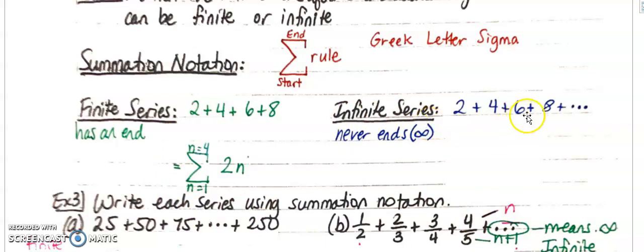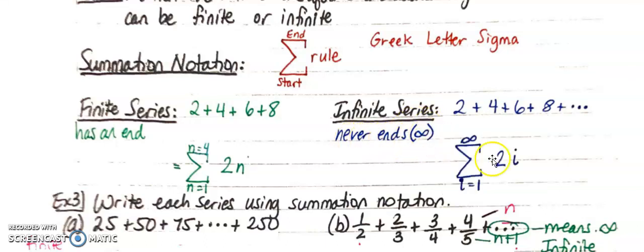Now, if your series is infinite, aka you have this plus and then you have that dot, dot, dot, that's literally the main difference here: the plus and the dot, dot, dot. What changes is the end part. An infinite series never ends, which means at the top, you are going to have an infinity symbol because it's infinite. It never ends. So you still have it starting at 1, again, n equals 1, or in this case,